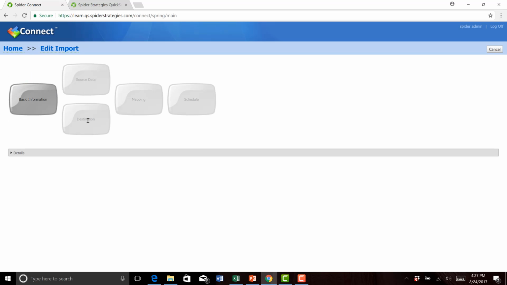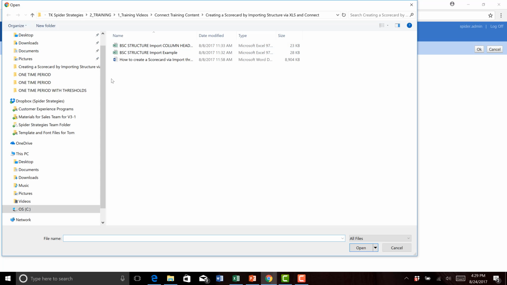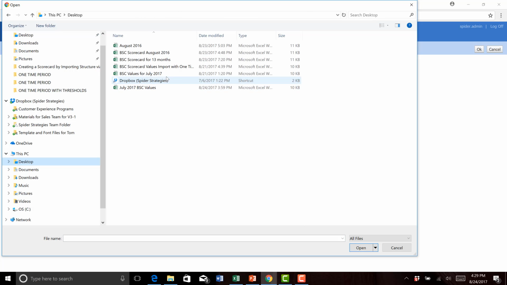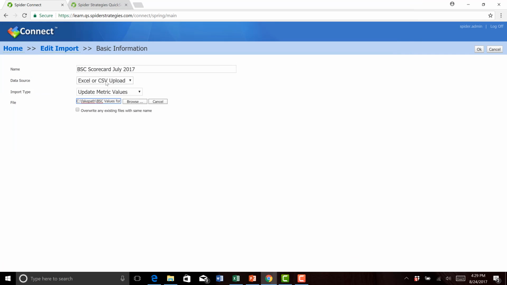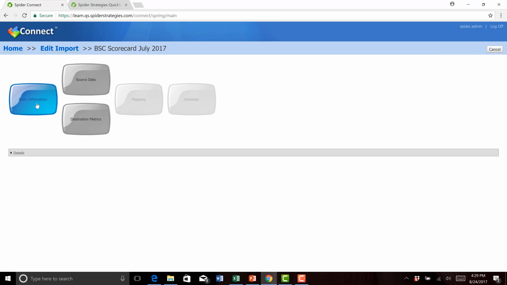This gives you a visual map that you will walk through from left to right to define the nature of the import. Start with basic information. Provide a name for this import process. Define the data source, which in our case is an Excel spreadsheet. Define what you're going to do with data from that spreadsheet as an import type. We're going to update metric values. And then browse out and point to the import file that you have ready to go. From there, we're ready to click OK to move to the next step of the import definition process,